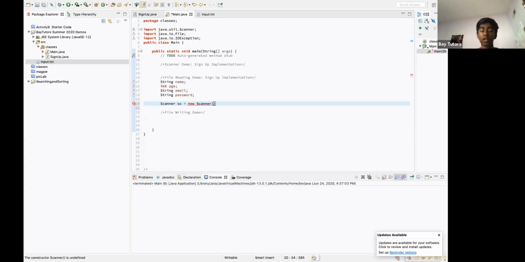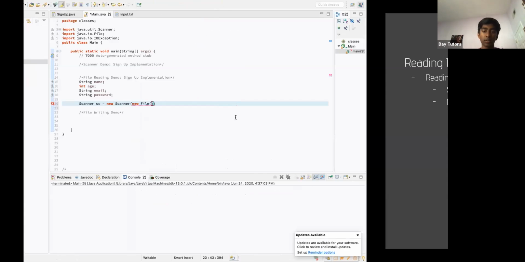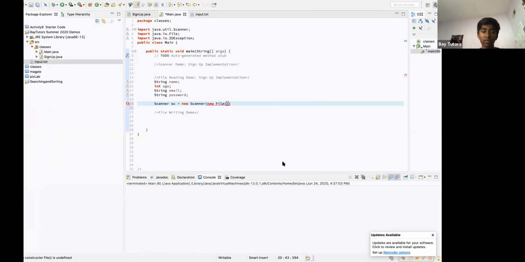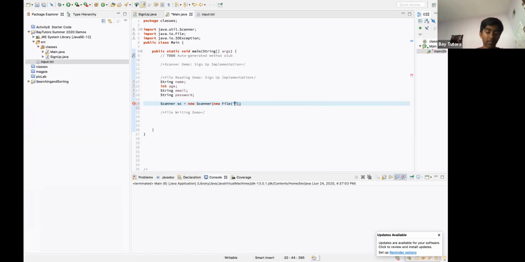We're going to go ahead and use the method that we did previously, in the new file, as you may recollect from over here. New file. We're going to specify the name. So our name is input.txt. And once we go ahead and do this,